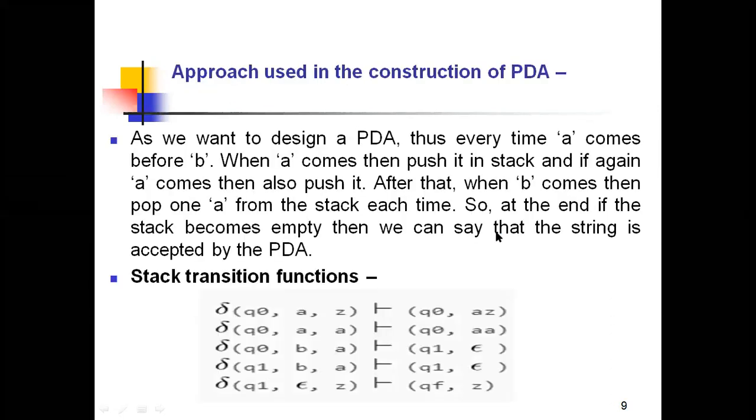Right, I think you all understand example number 1 and the approaches that were used in the construction of this PDA. And approach is nothing but you need to write your own logic: how you are doing the pop, that means how you are deleting the variable, deleting the input alphabets, and how you are showing that the stack gets empty. To show these, you need to make some logic for that. So you need to write the logic like a paragraph statement. Then you need to write the transition functions, which rules we are going to use for making the string acceptance for the required PDA.